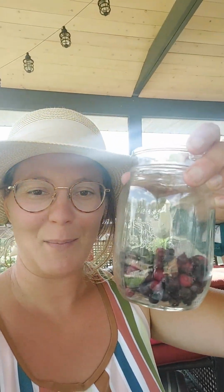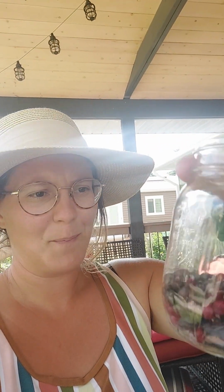We got a lot, well, not a lot, but I'll put a picture in here. We've been eating them, but it was this jar, 2/3 full. So a cup and a bit. They're not quite ready. They are starting to be ready, and then probably in the next week or two they'll